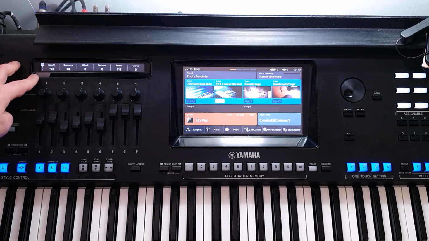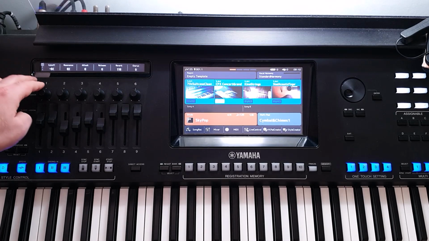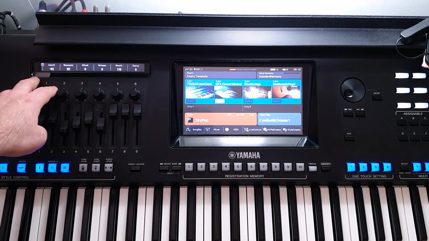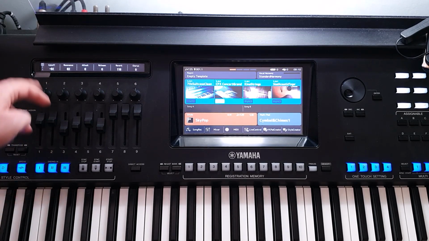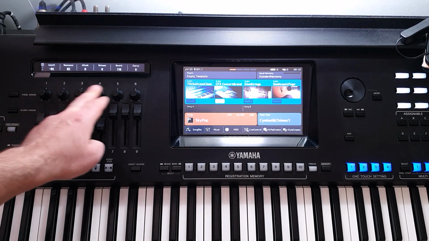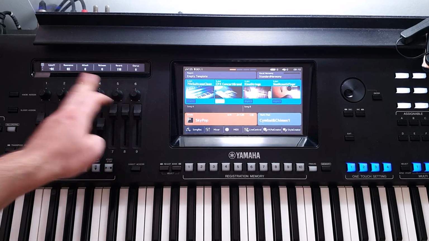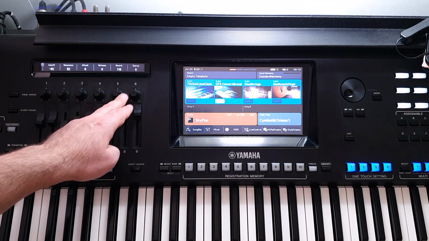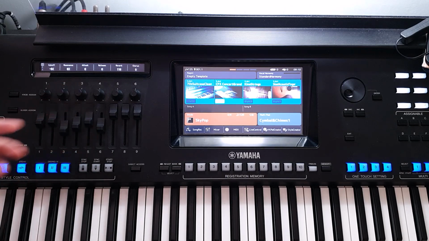I'll explain a little bit later the difference between the modes, but now the basic idea is that these knobs change some parameters that are accessible through the mixer. So in order to understand better what happens when we turn these knobs down or up, let's see what happens in the mixer.